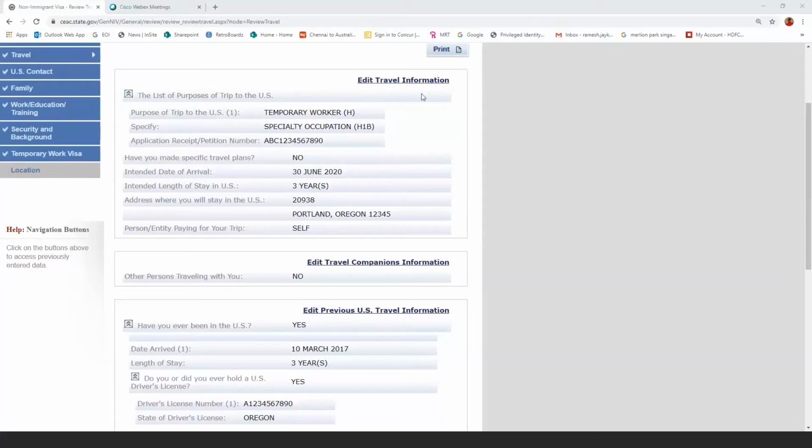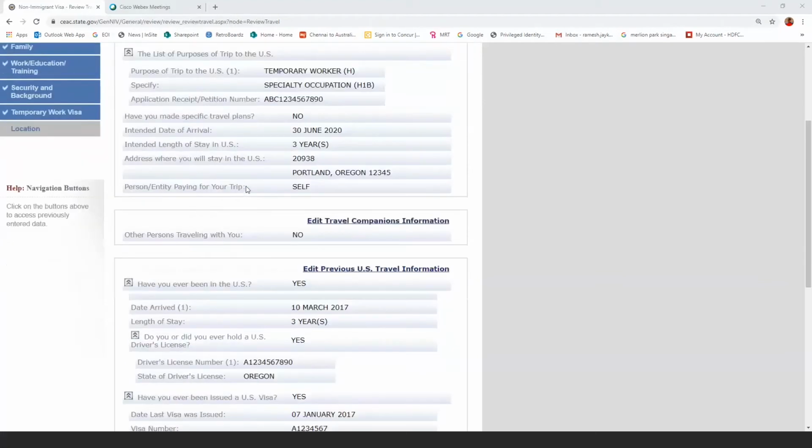For example, if you've taken an interview in India, then you should specify the date from which you are going to start from India to reach US. So you have to mention the intended date of arrival and intended length of stay in US. Once after reaching US, if you plan to stay for the next 1 or 2 years, you can mention the intended length of stay in US and the address where you will stay in US, which is nothing but your physical address, which is mentioned in your driving license. In case people are traveling for the first time, they can mention their temporary address.